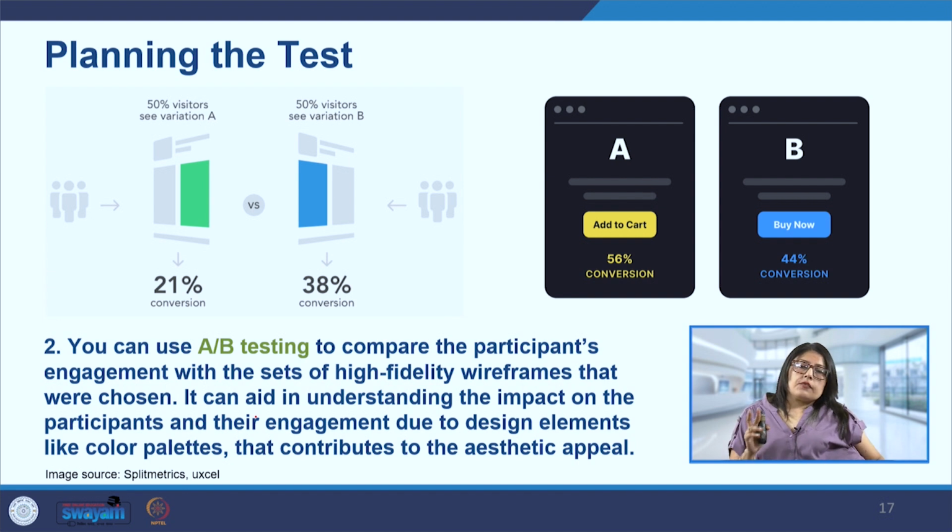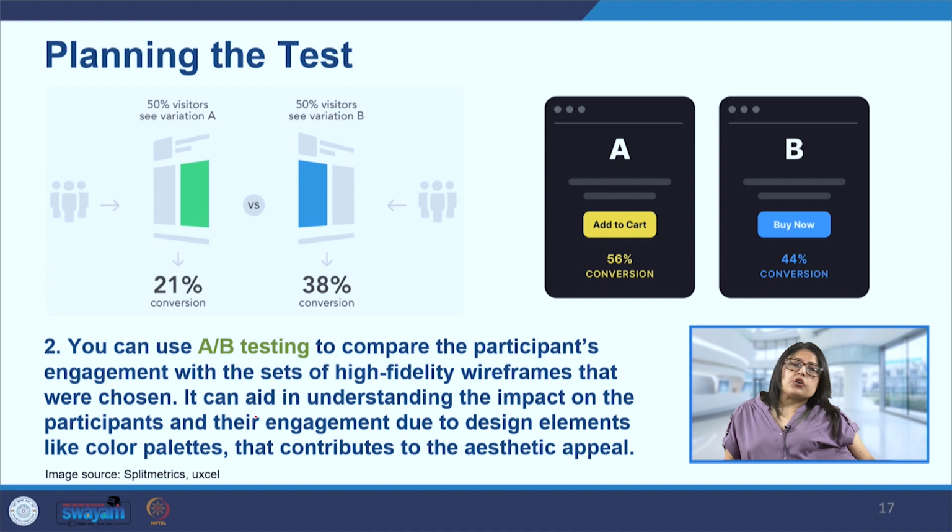Now another way to go about it is A/B testing. So we have two versions of the same product or the same application, and we have the main, or we can say the control group, which is going to be looking at version 1. When we create a second version of the same application, we give it to the other group, group B, and we will ask them to conduct a few tasks, or check their opinions, and then we will get to know which version they prefer, whether they prefer version A that was given or version B.